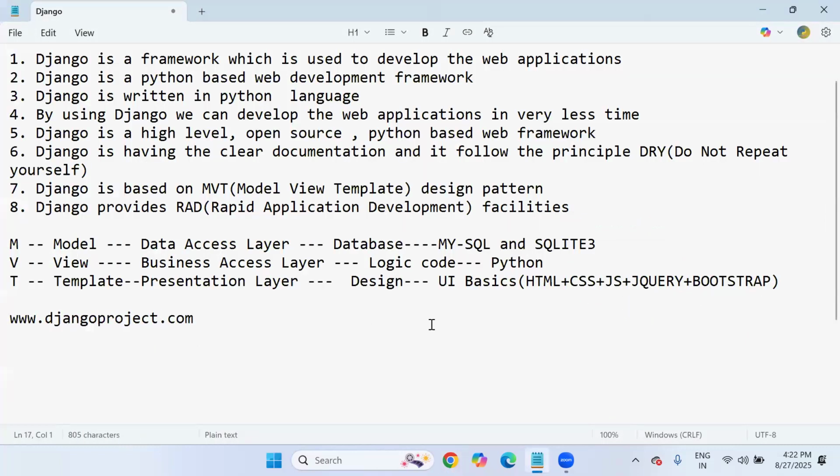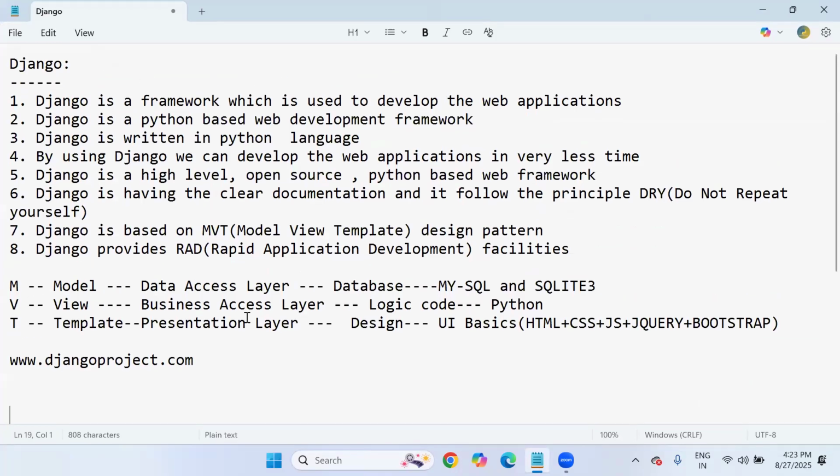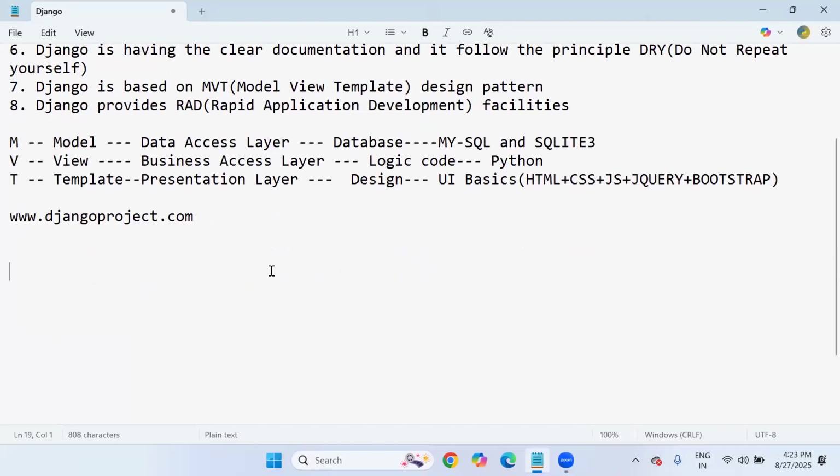Every subject has an official website, you know that. So you just visit that website and get the content. If you are already familiar with Python and Django, then you can easily understand what they are saying in the documentation part. Next, I'm going to discuss the history of Django. Very simple history, sir.